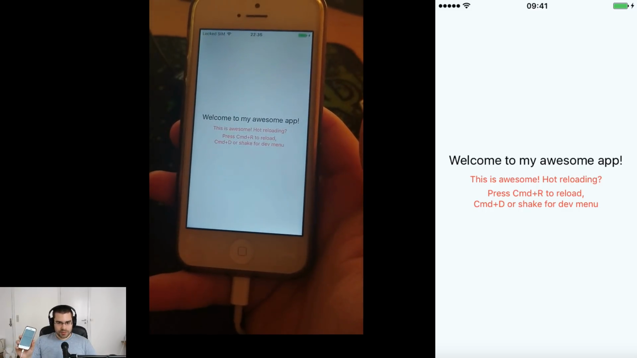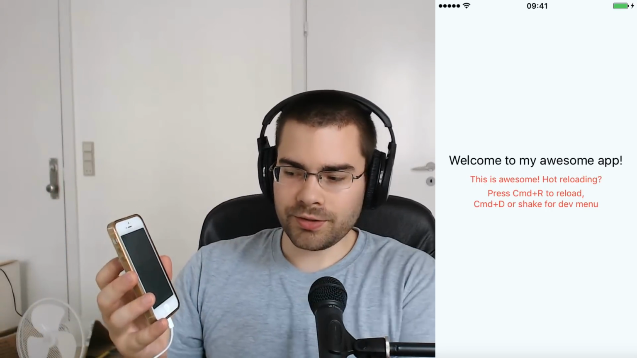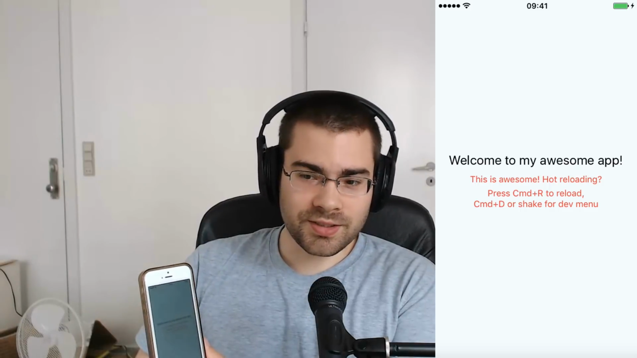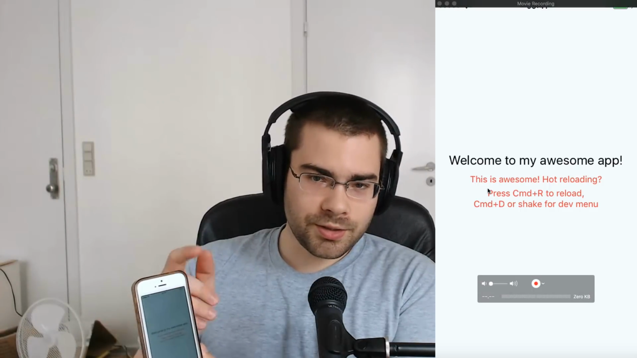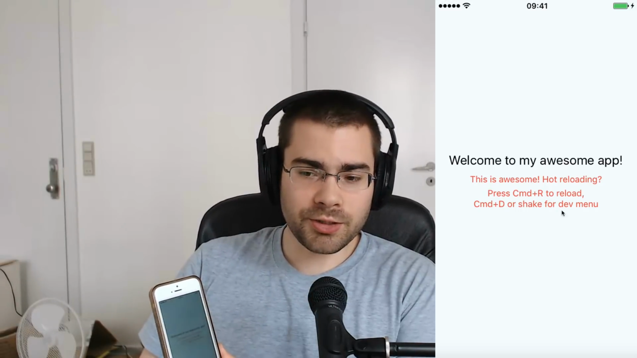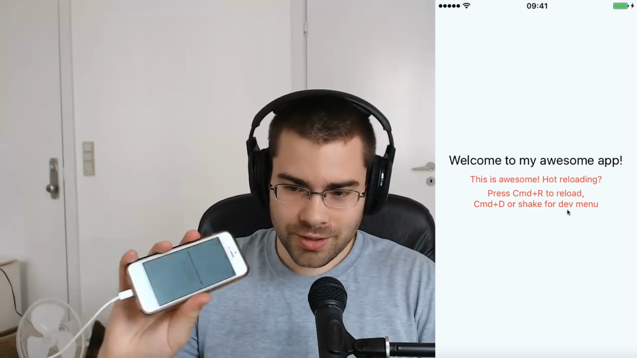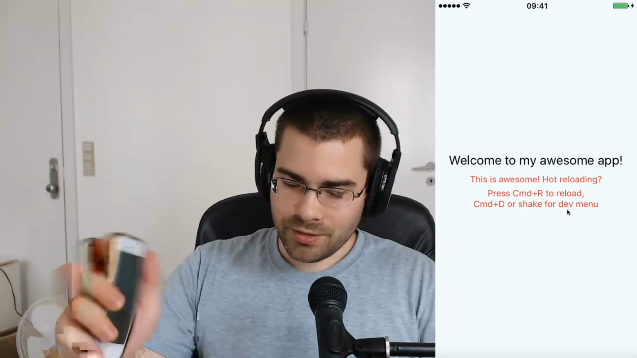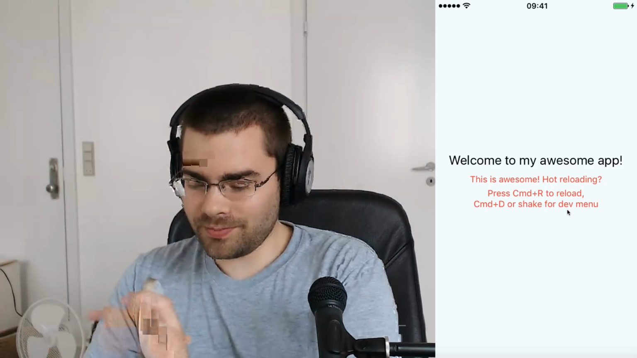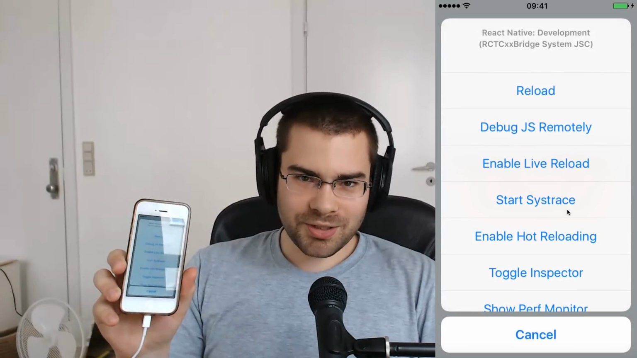The different thing about a physical iPhone compared to the simulator is that you need to shake it in order to access the dev menu. Usually on the simulator, we could press Command D to access the developer menu, but on the physical phone, you actually need to shake it. So let me try and shake it. Need to shake it pretty hard. Okay, there we go. So then the menu came up,